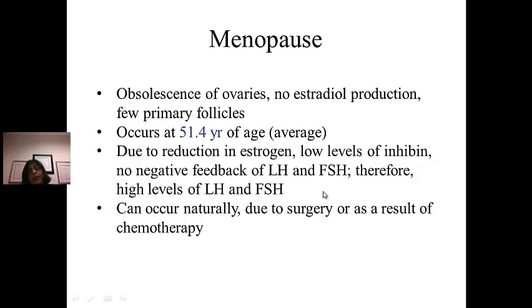So without estrogen, there is no positive feedback of LH and FSH, no surge of LH, FSH. And in fact, because there is less estrogen, there is a high level of LH and FSH in order to promote the production of estrogen, but that doesn't happen because there is no follicle to target, no estrogen to be produced by this follicle that doesn't exist. So menopause can occur naturally, due to surgery, due to chemotherapy,